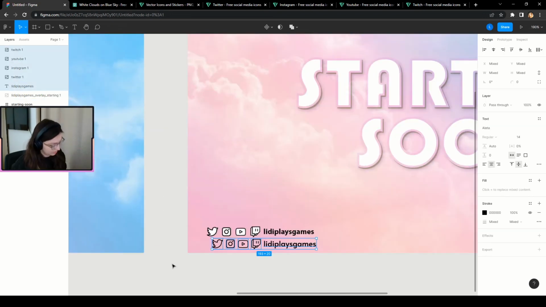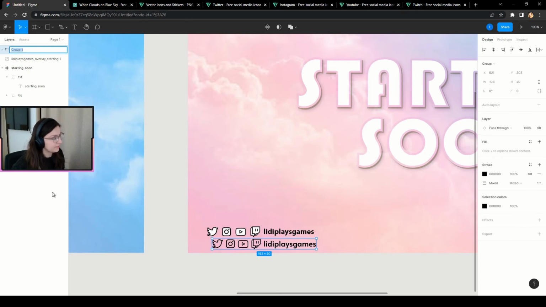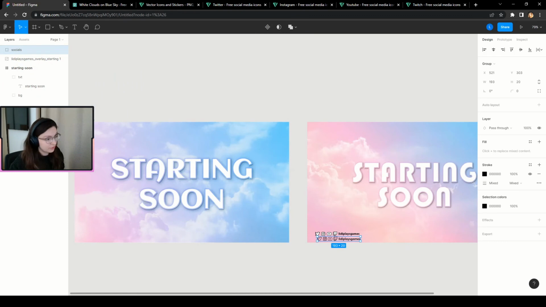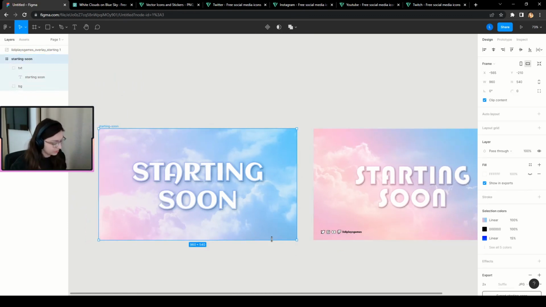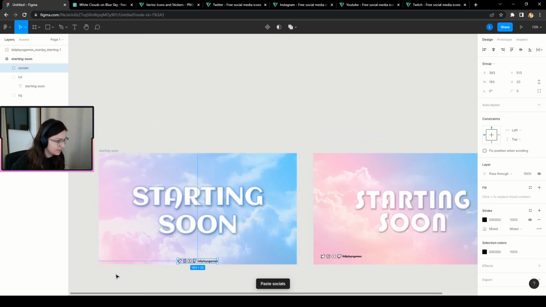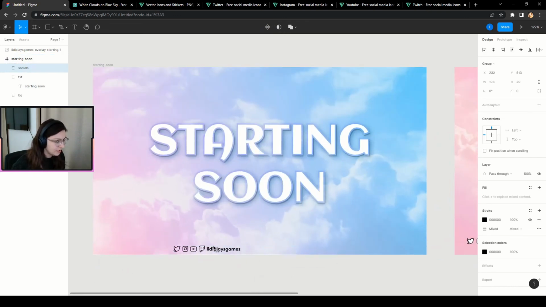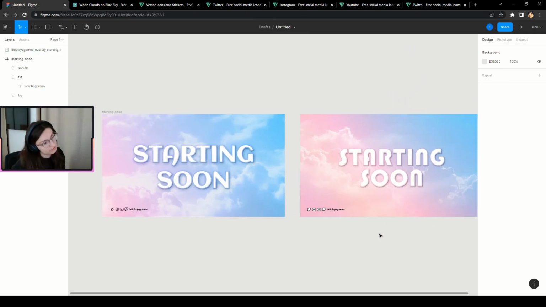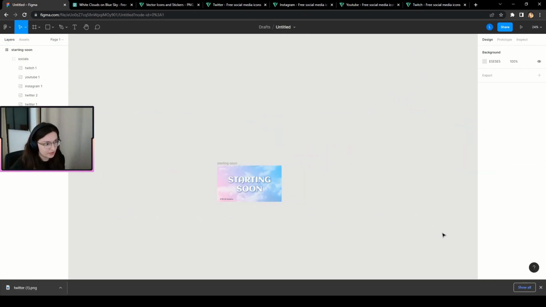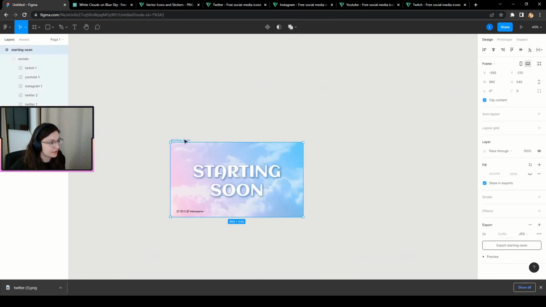So let's just group this element as socials. We are Control and Xing this thing, like taking it out of here, and just with Control and V, we are pasting it here and it's centered. But we would like it in the corner, kinda a bit more to the inside. So that's it, actually. If you want other screens than starting soon, you can,